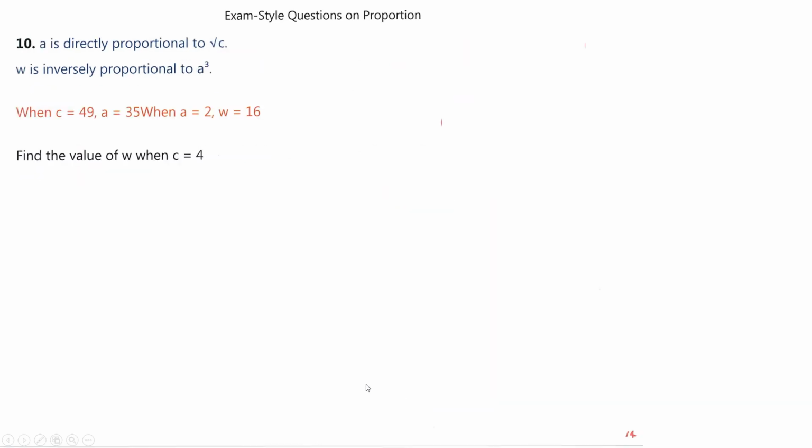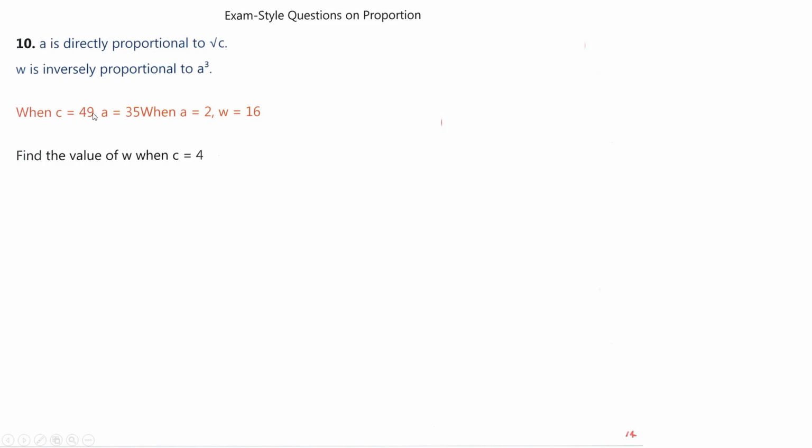Last question. If you've got up to here so far, you've done really well. This question is really much a bit of an extension question. But why not have a go and see how many marks you can pick up, because it's all about picking up marks. We've got A is directly proportional to the square root of C, and W is inversely proportional to